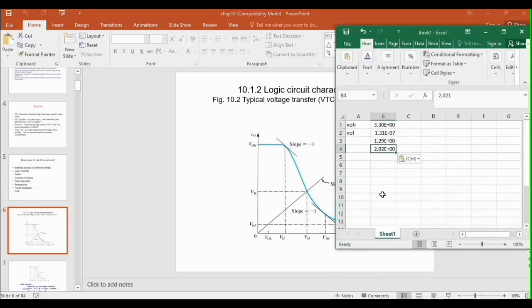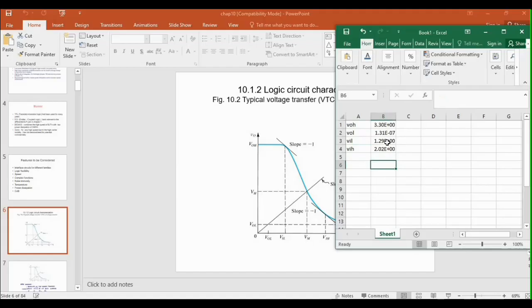So in our Excel file, this is VIL, and the second occurrence is VIH.